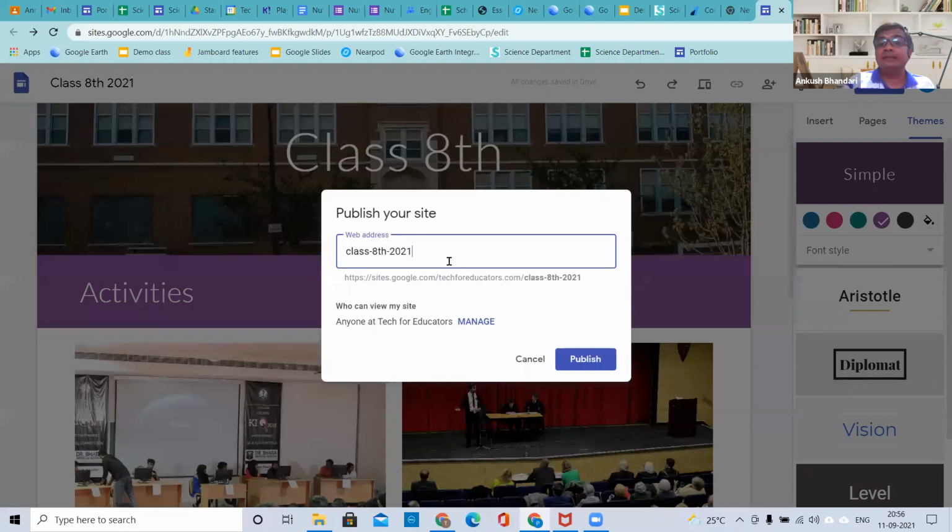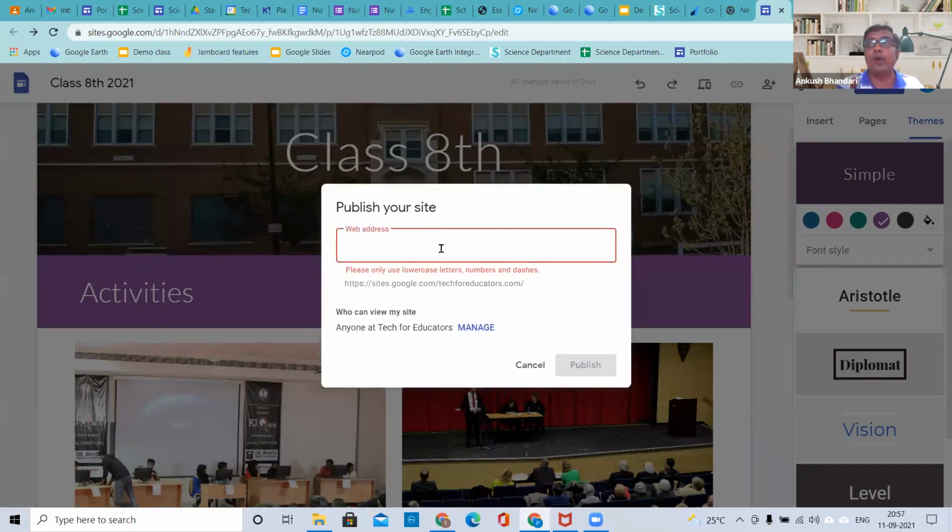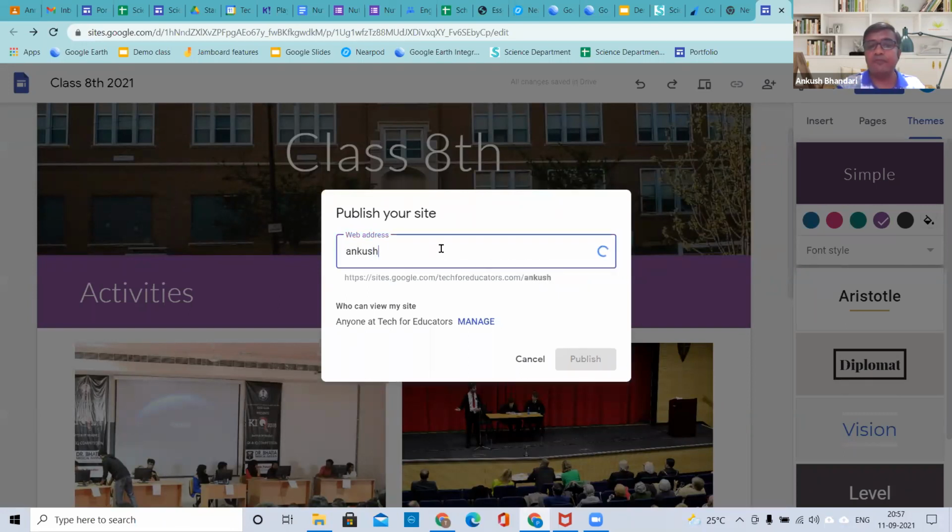What is the web address? This is the way people will identify your website. They will write this web address on their Google and they will come to your website. So here, in case you want to change the web address, you can change, you can write even your name in the web address, provided this is available, right? So everyone here, for example, I'm writing Ankush demo 13. So if, in case if it is not available, what it will show? For example, if I write like this, these all things are available, but in case if I just write Ankush, okay, even this is available.